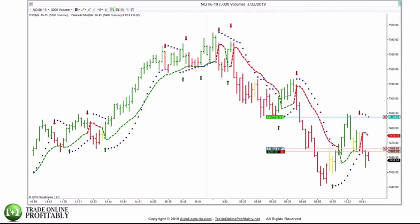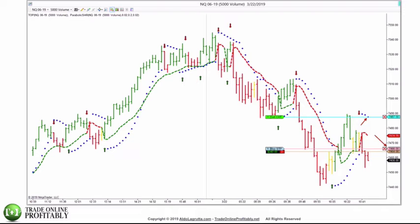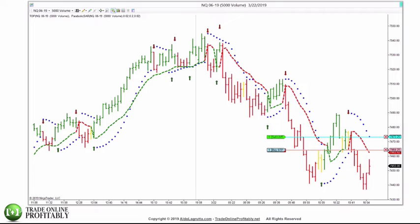That order was rapidly filled, and I lowered 1 stop with the SAR to 74.8750, and the next stop I lowered 2 points above my entry as I taught you in a previous lesson. Very soon I was able to lower one of my stops to break even, and the second one with the SAR to